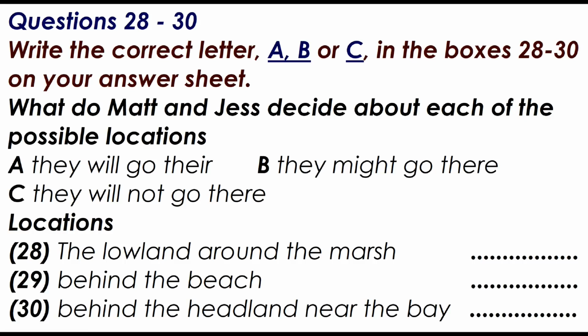Okay, good. We've got that sorted. Now we need to decide where to go. Yes, I've been thinking about that and I've brought the map. Well done. I forgot mine. Now, I've identified 3 possible locations, but they've all got some disadvantages. Okay, fire away. Well, the area around this lowland marsh could be interesting. There'll be a lot of interesting water plants here. Looks good, but what's the problem?